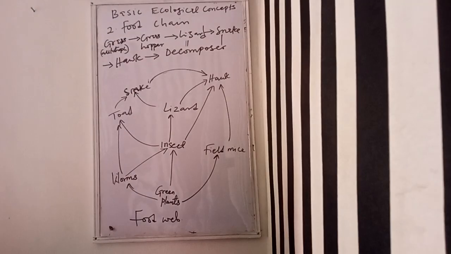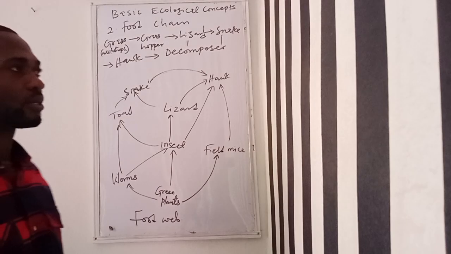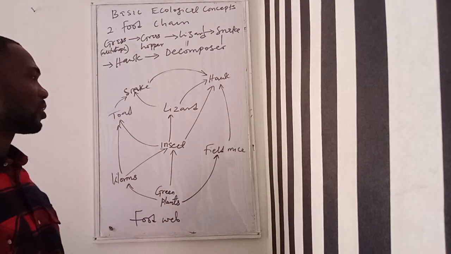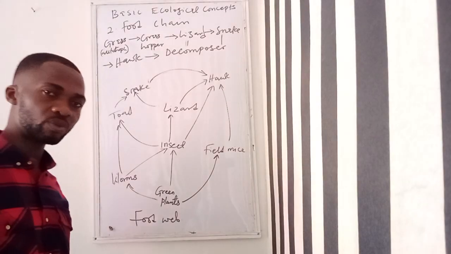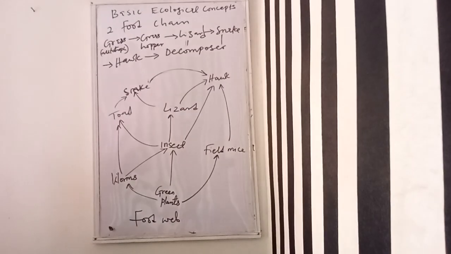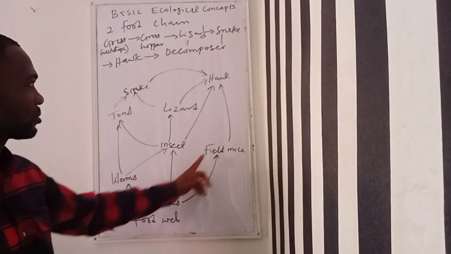So the food chain can form a network of other food chains. And this network of other food chains is what we call a food web. For instance, one, two, three